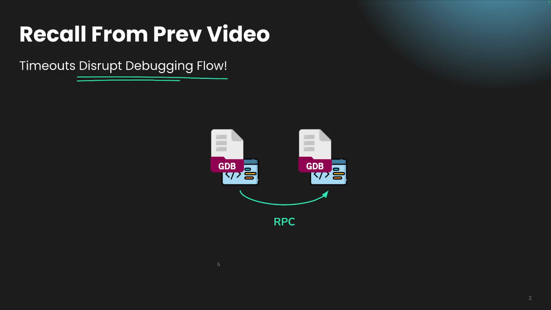If we recall from the previous video, there's one particular issue regarding interactive debugging on distributed applications. That is, timeouts always disrupt the debugging flow. For example, in this case, one process is trying to reach out to another process through RPC, and let's say the developer is trying to understand what's going on on the receiver side whenever the receiver receives the RPC. So they use GDB